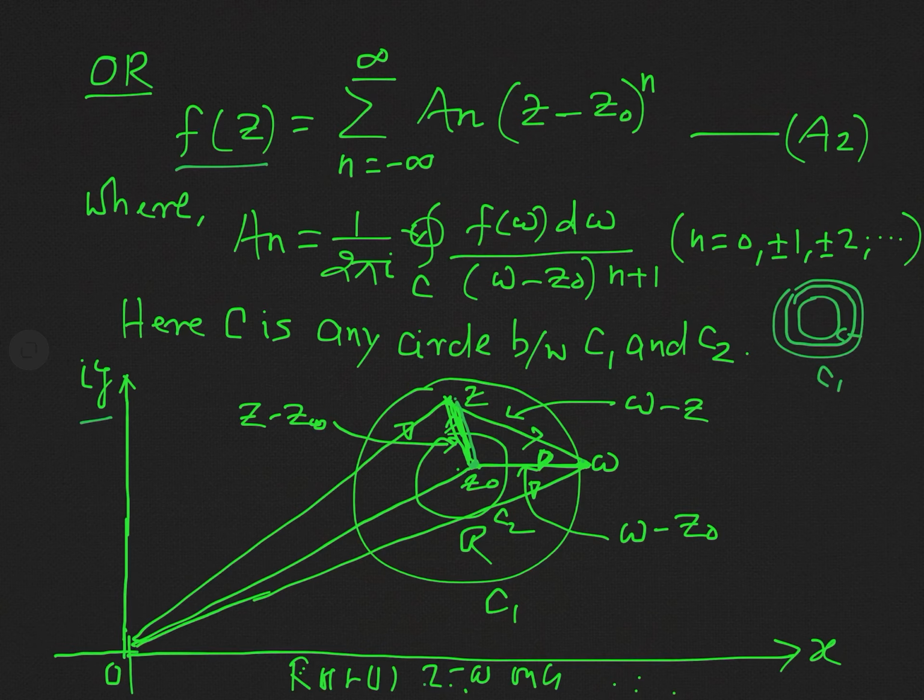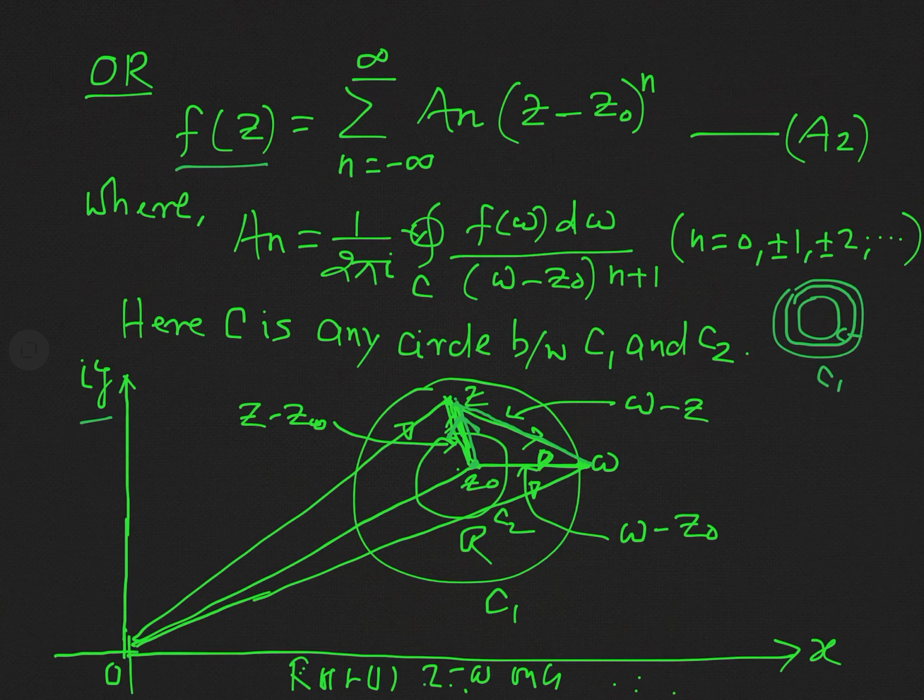This will be actually modulus of Z minus Z0. So in vector form, you can say this line actually represents Z minus Z0. And if we want to evaluate the length of the line joining the point Z and W, what will be this? You can see from vector rule of addition, this will be actually W minus Z, and sense will be from Z equal to Z to Z equal to W.